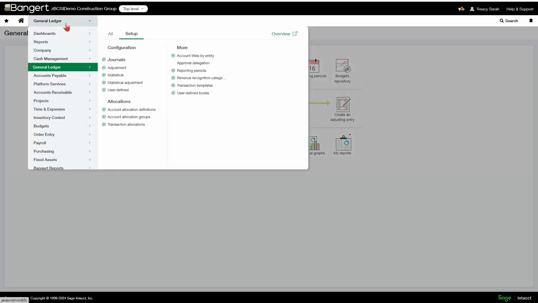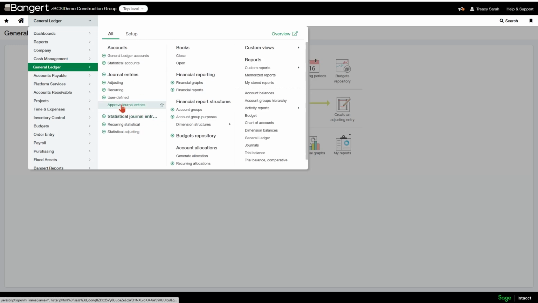So if you already have that set up, you know that there's this approved journal entry section within your General Ledger module. And some companies, of course, might have hundreds of journal entries that they have to approve. And this GL outlier detection is using AI to read your data so that it can tell you whether or not a transaction is similar to what you put in, or if there's a flag on it, if it looks different to what you normally put in your system.